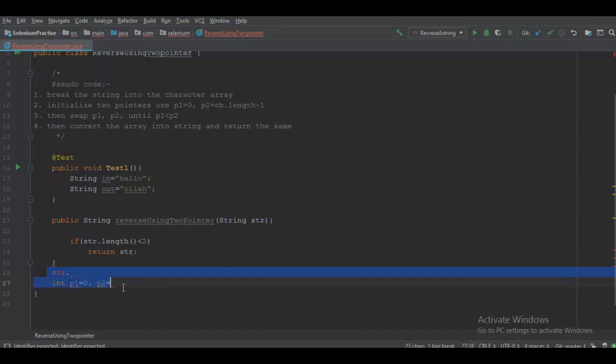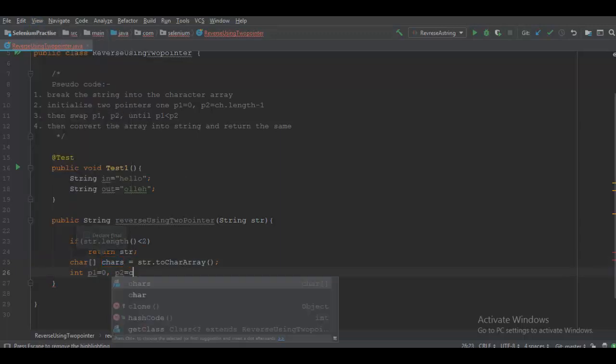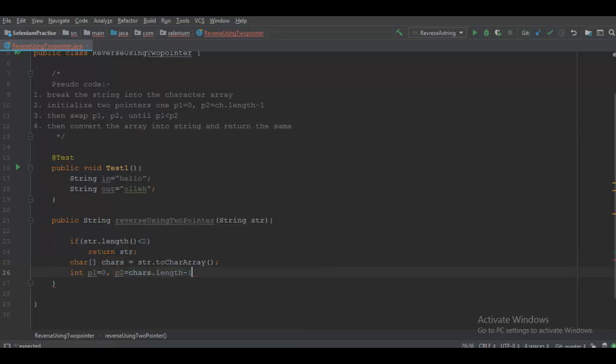Sorry for that. str.toCharArray gives us the character array, and p2 is chars.length minus 1. This is where my p2 will start.